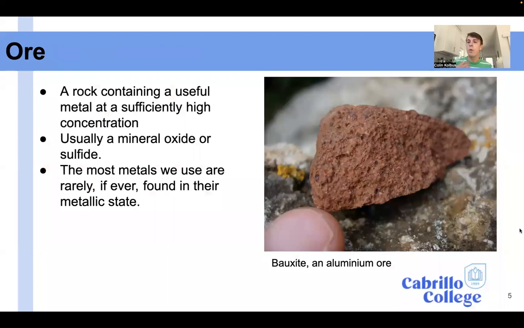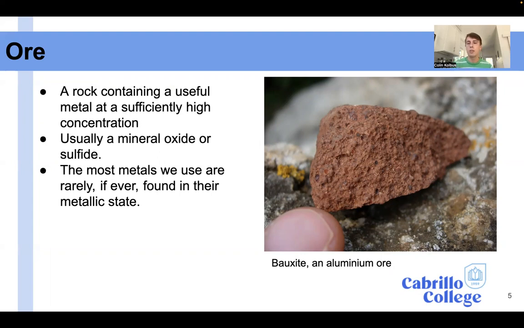And so an ore, bauxite is an aluminum ore. This is where we get aluminum from. And an ore is a rock that contains a high concentration of a useful metal that we want. So there's sort of ambient concentrations of a lot of different earth elements and everything, but ores are rocks where we're finding really high concentrations of that material, and that's what makes it economically viable to work with